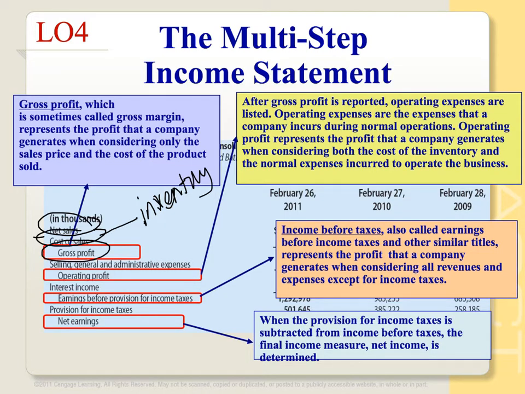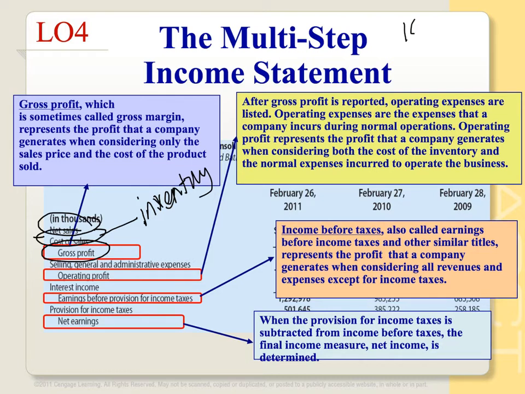Okay? And gross profit is also sometimes called gross margin. It represents the profit of the company generated only when we consider the sales price and the cost of the product. So what that means is if a product